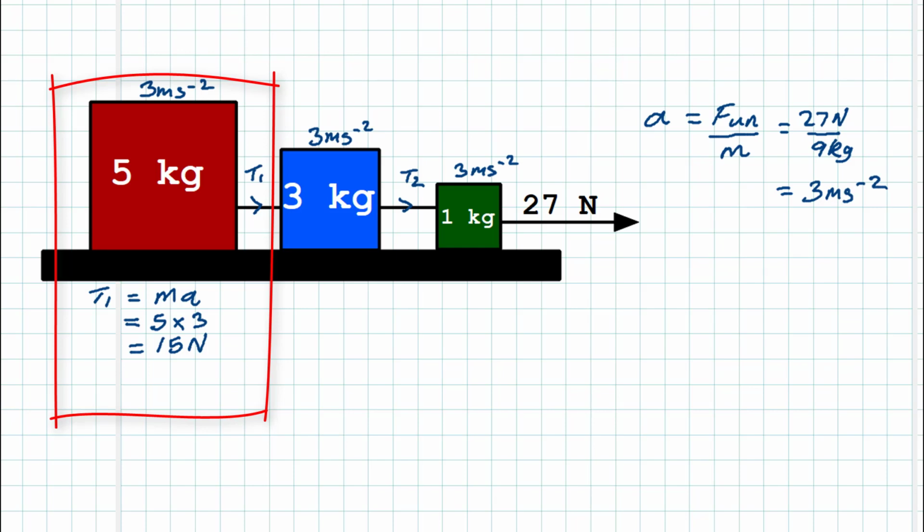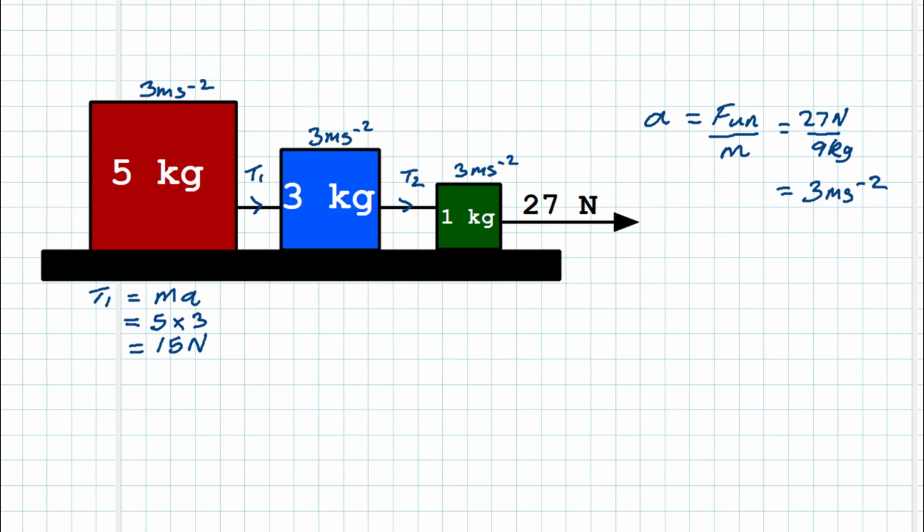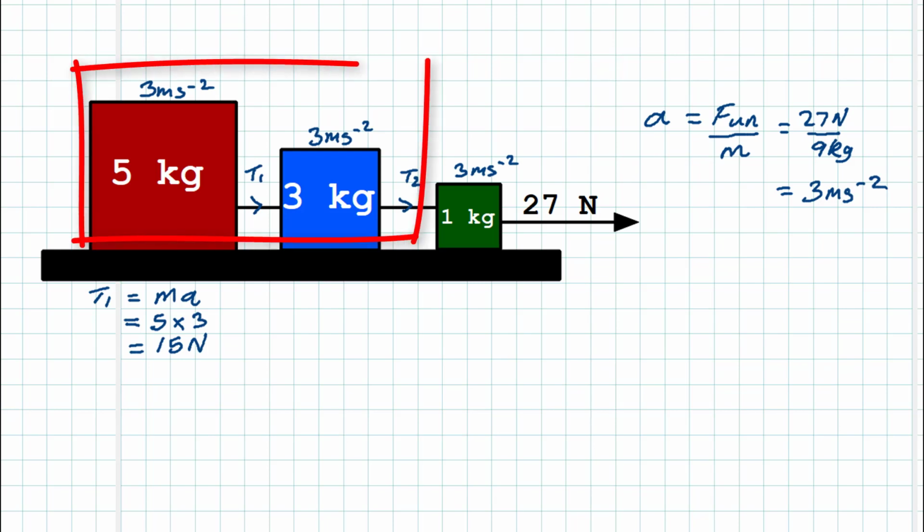But what about tension 2? Now tension 2 is the pulling force in this light piece of string which is responsible for accelerating not just the 3 kilogram block but the 5 kilogram block behind it. So we isolate that system, you can see that we've got a 5 and a 3 kilogram block being pulled with a certain tension, a certain force, which is going to give the system 3 meters per second of acceleration. So we do the exact same thing again, we just have to say T2